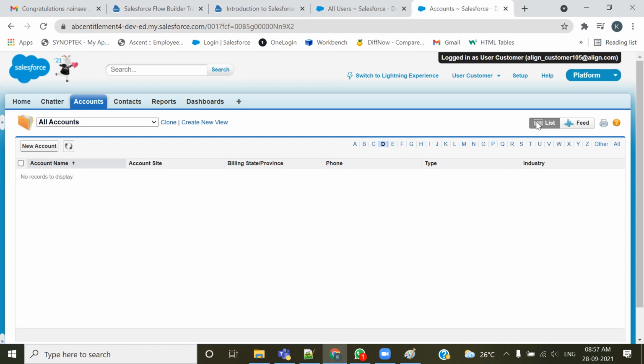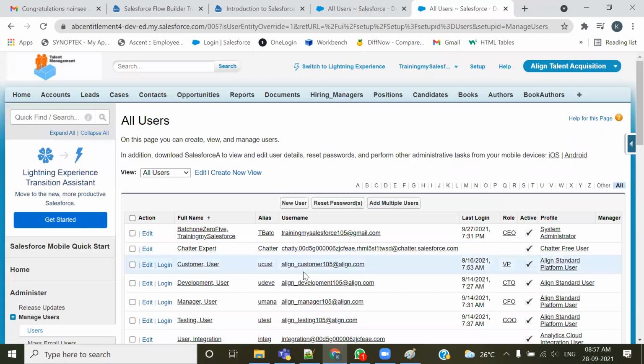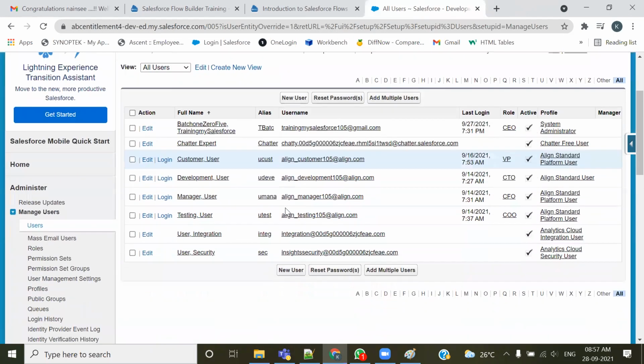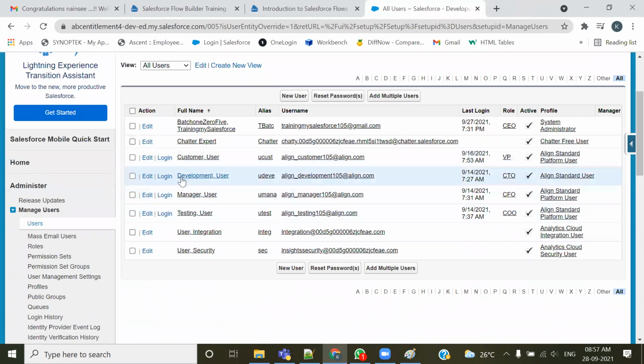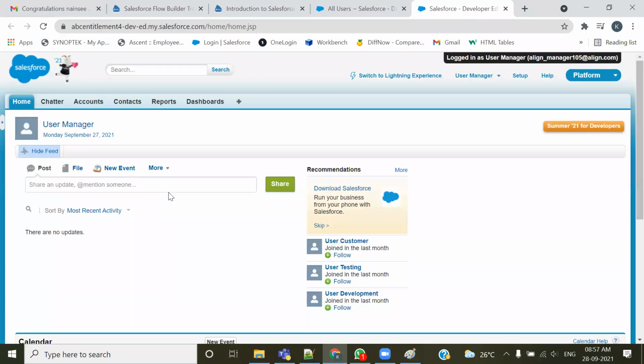ये तो सबऑर्डिनेट है, उसके नीचे वाला, वाइस प्रेसिडेंट पोस्ट है, ये कस्टमर यूजर, ये तो नीचे वाला। चलो अब ये पक्का होगा कि सबऑर्डिनेट को रिकॉर्ड नहीं दिख रहा। अब हम बात करते हैं सिबलिंग्स की, क्योंकि इक्वल प्रायोरिटी पे मैनेजर यूजर, टेस्टिंग यूजर, ये और ये तीनों एक ही लेवल पे हैं। चलिए मैनेजर यूजर पे लॉग इन देखते हैं, सबऑर्डिनेट को तो नहीं दिख रहा है, कंफर्म हो गया।